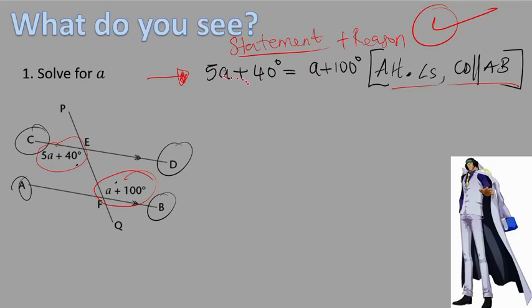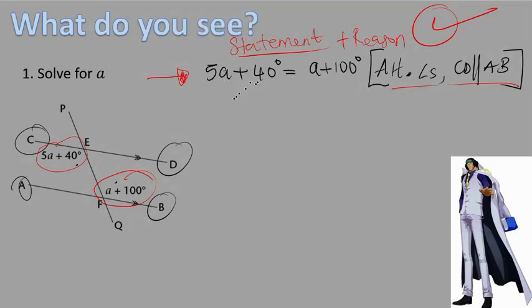If you just write the statement and say 5A equals to 40 degrees plus A, you lose one mark. You can't just give me a statement without a reason. We good? And then when you give me a reason that doesn't have parallel lines, wrong again. You give me a statement with a reason, and if the reason has parallel lines, you mention the parallel lines. I hope you're good. So moving forward,